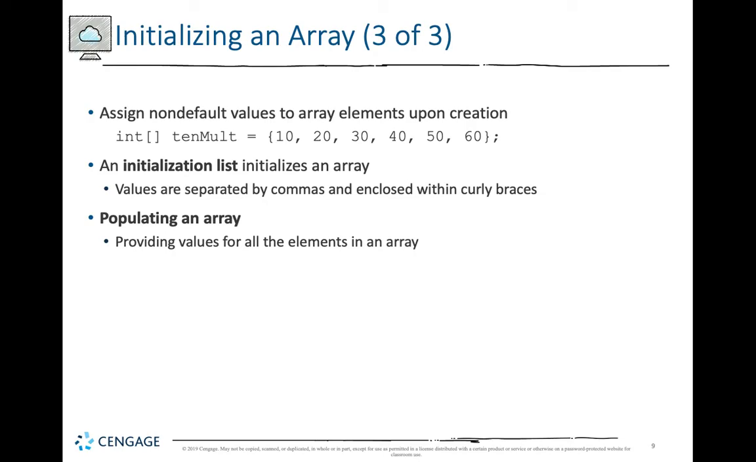All right, so here's the other way you can initialize an array. I'm not trying to rub it in that I had a milkshake and you all didn't, but